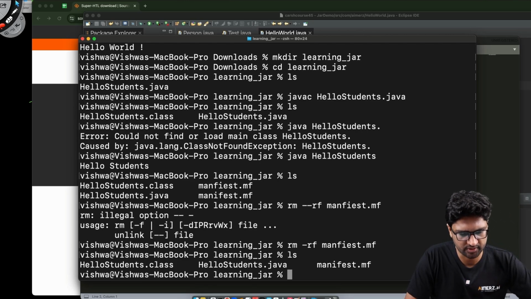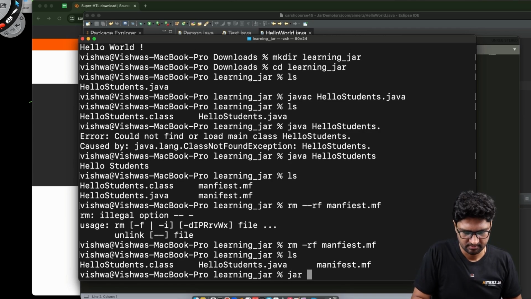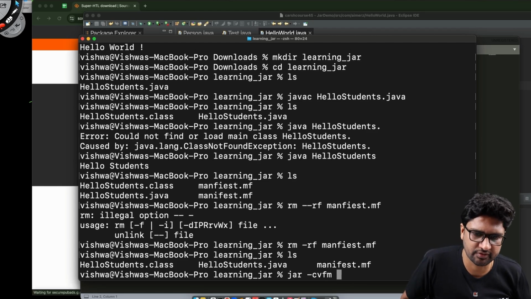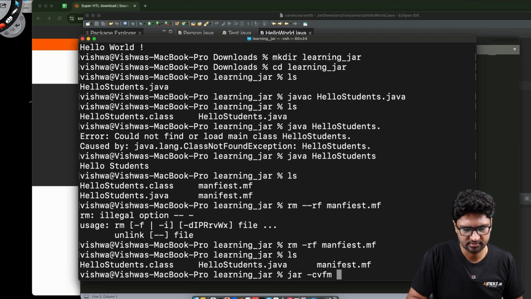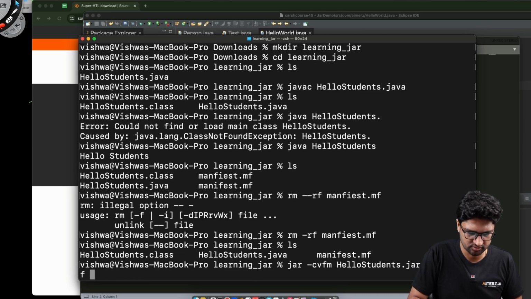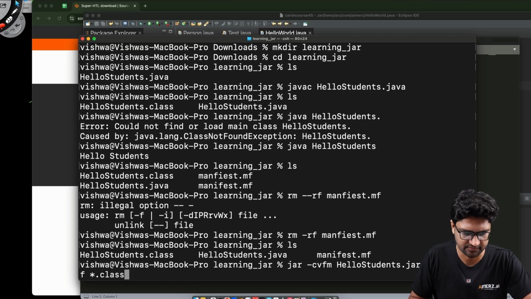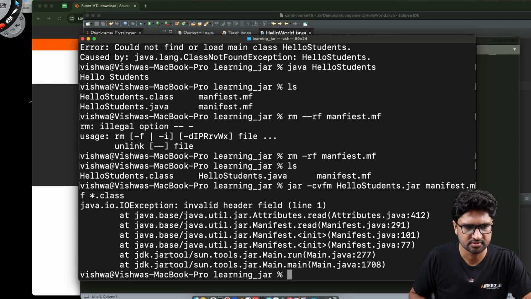So to create the jar out of it, what I need to do is I have to say jar -cvfm. C for create, V for verbose, F for file, and M is for providing the manifest file location. And then I have to provide the name. So I'm going to say hello students.jar, and then I have manifest.mf, and then I say using all the things which end with a .class suffix. When I go and run this,